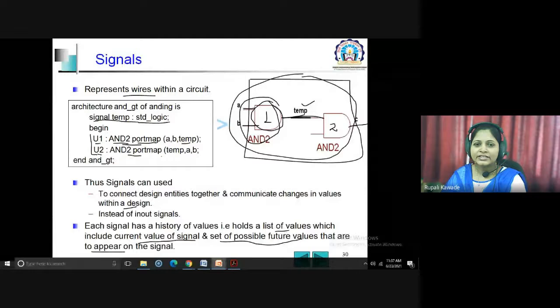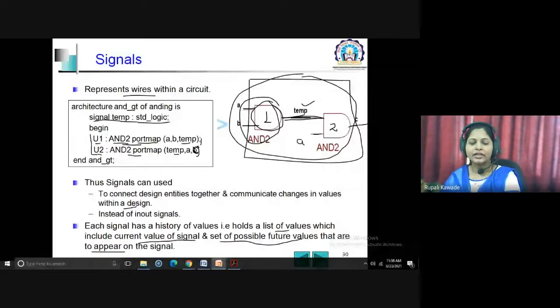Now you can see here temp is given, so temp is one of the inputs. Now for the second input, something is missing here. Suppose I give the name A, so temp, A, and here there will be C. So temp is now your first input, A is your second input, and C is your output. So this is the mapping you are doing.